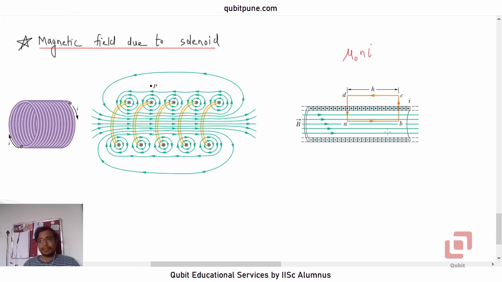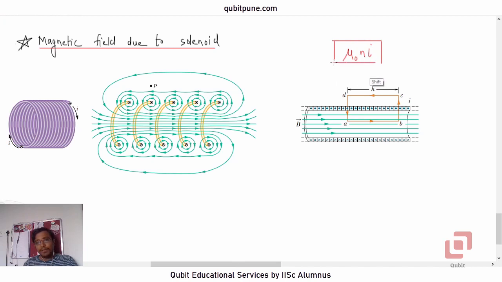You can argue like this: if the turns of the solenoid are very close to each other, then the superposition principle cancels the field that exists in between the conductors. This is up, this is down, so the effect will be zero. The field outside is very weak, we can ignore it, and the field inside is uniform and strong, and the expression for that is mu naught n I.